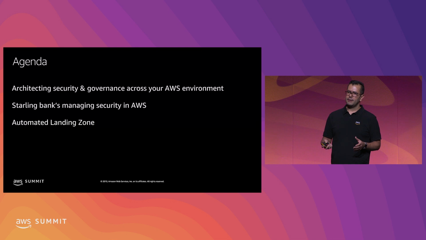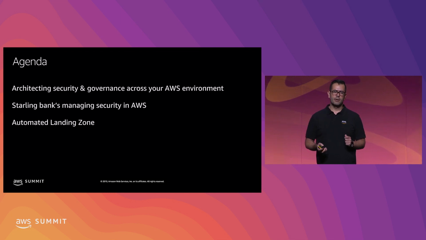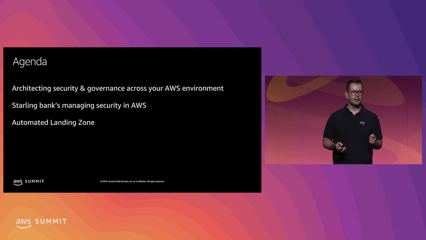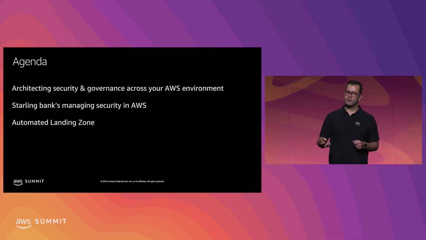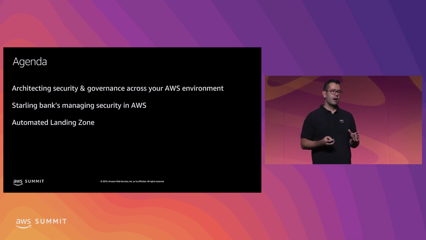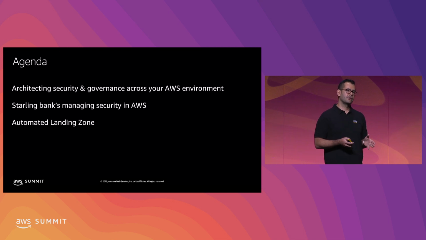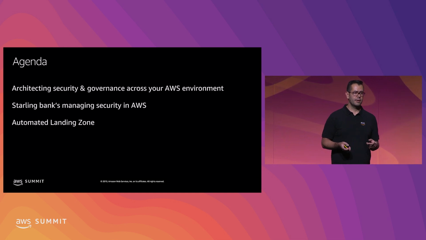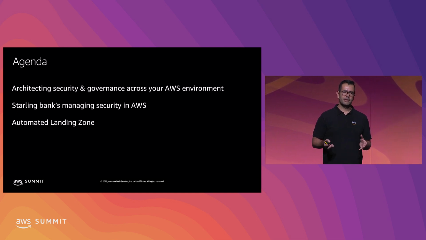Our topic for today is architecting security and governance across your AWS environment. And I want you to think here about your AWS environment. What does it look like? How do you manage it if you're an enterprise or a startup or perhaps a government agency? What's the security baseline that you need to apply? What are your requirements? We'll talk about this a little bit, and then we will go into Starling so that